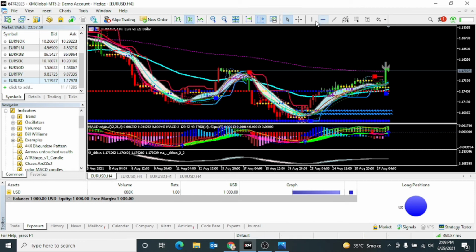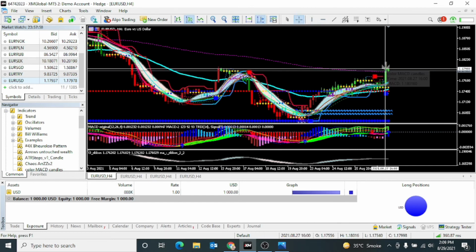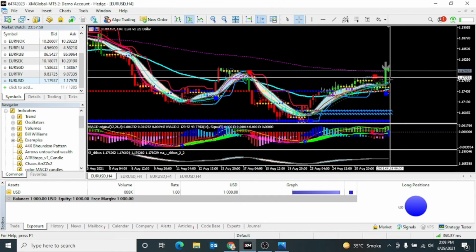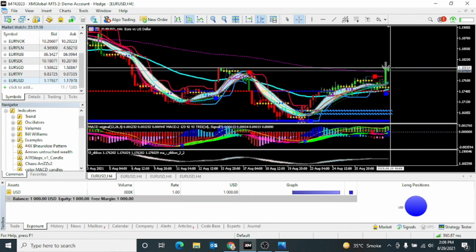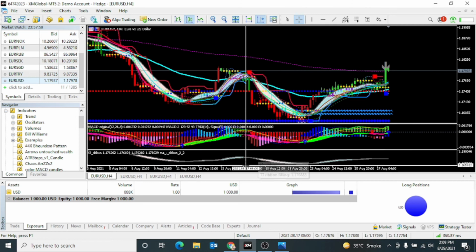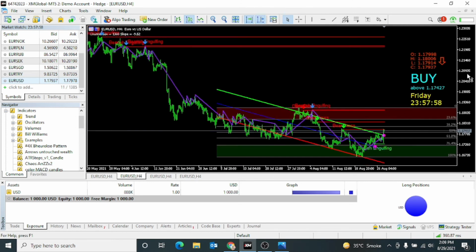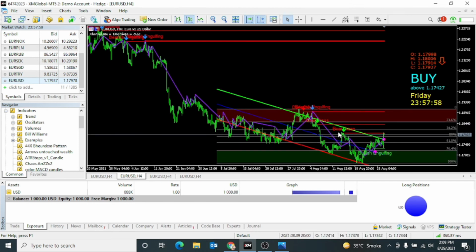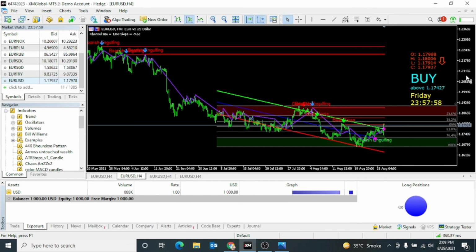At this point you can see the area of the selling point. You can see the gray arrow occurred at this point. So this is the exact selling point, and at this point you can check the trend line, and what is the exact bearish and bullish trend. So very easily you can find the entry point for Euro USD.